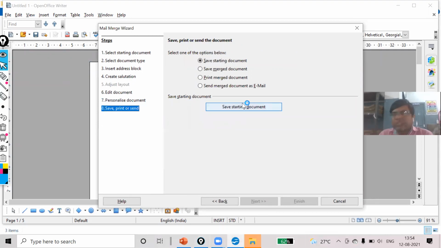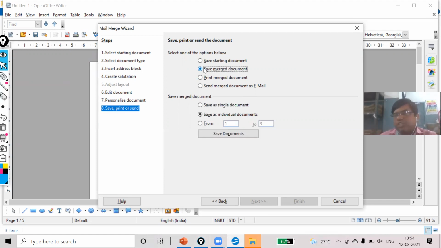Now you can save the starting document. If yes, then click on that one. But I want to save this merged document, so you click on Save Merged Document. Here you will be given the choices: page one only, page two, but I want all, so I will go from 1 to 3.